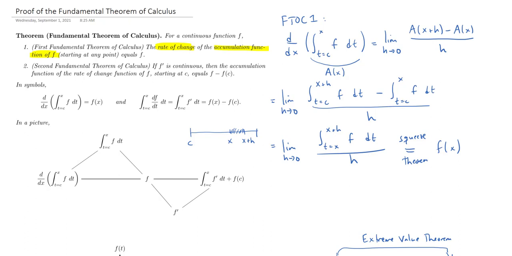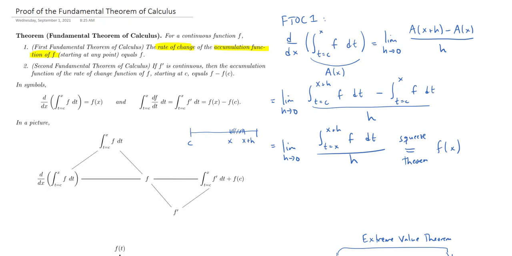So the first thing we want to note is we have an extra hypothesis going into the second fundamental theorem, which is now we're assuming that the derivative of the original function f is also continuous. And the reason we want to assume this is so that we can use the first fundamental theorem of calculus not on f, but on f prime. So if we integrate f prime and then differentiate, the first fundamental theorem of calculus tells us we get back